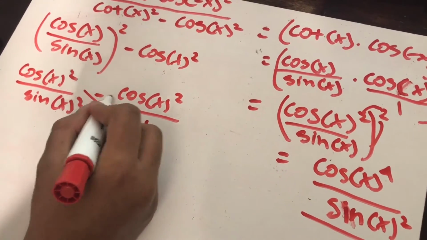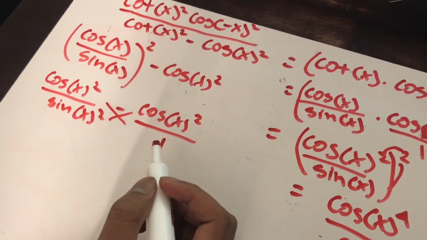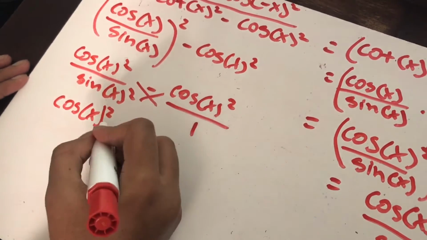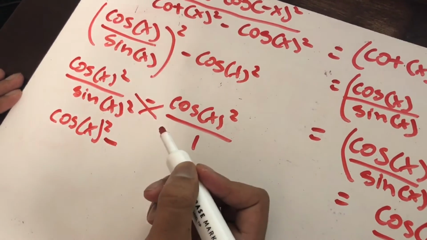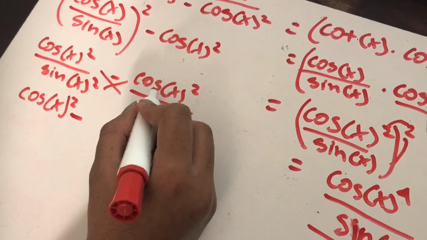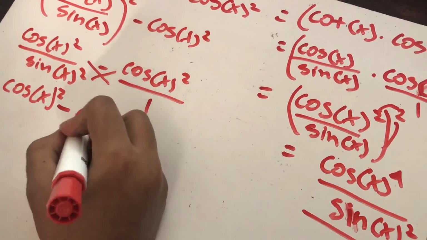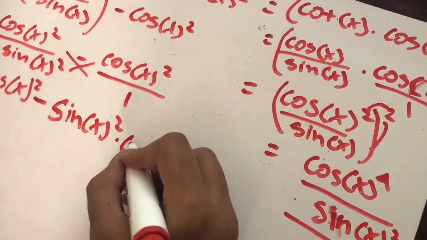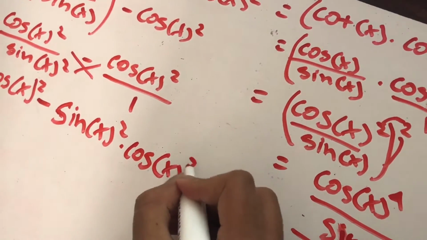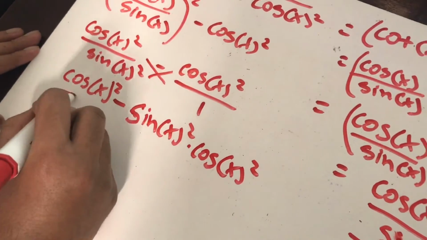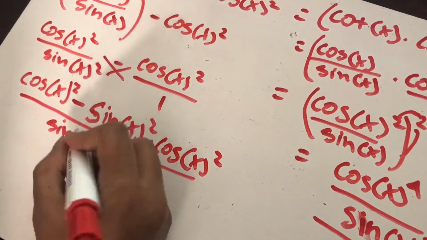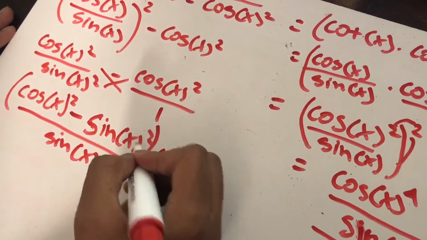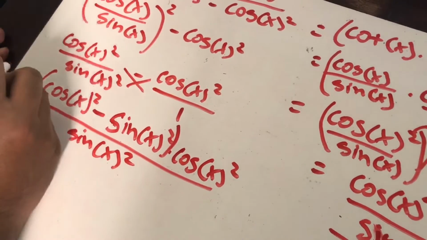So when you cross multiply, 1 multiplied by cos of x squared is gonna be cosine of x squared. And you transfer the negative sign over here, and then sine x multiplied by cosine of x squared is going to be sine of x squared, and then multiply by cosine of x squared, and then you multiply the denominator together, so it's going to be sine of x squared. And now I'm going to factor these two together to factor out cosine of x squared,